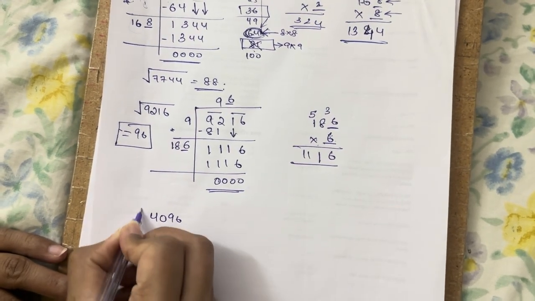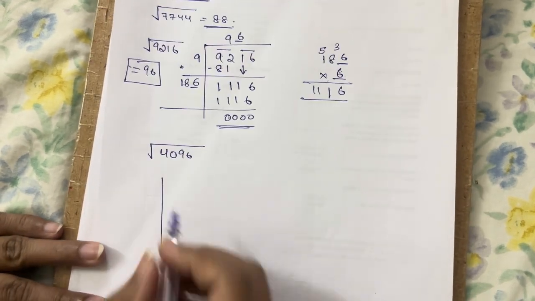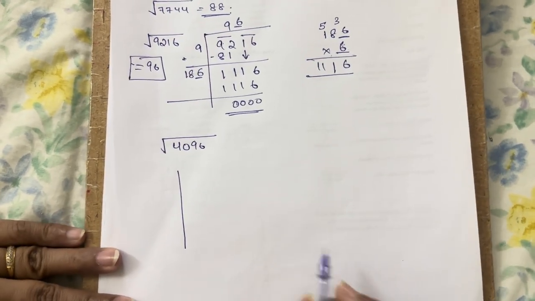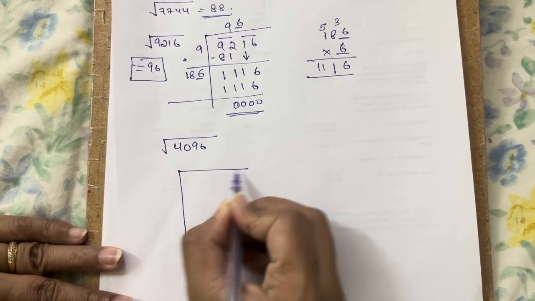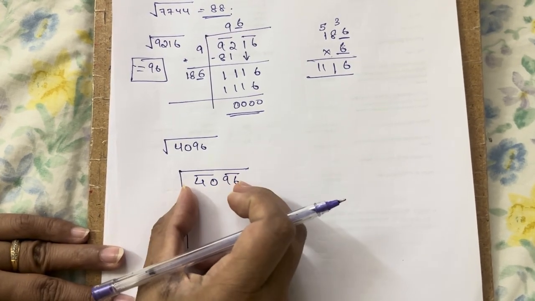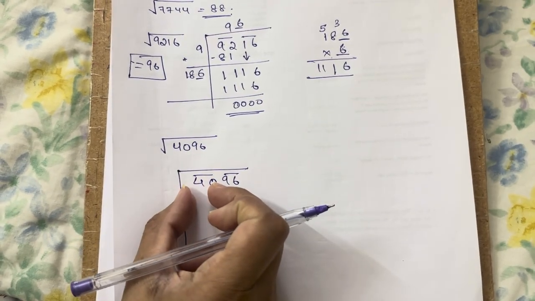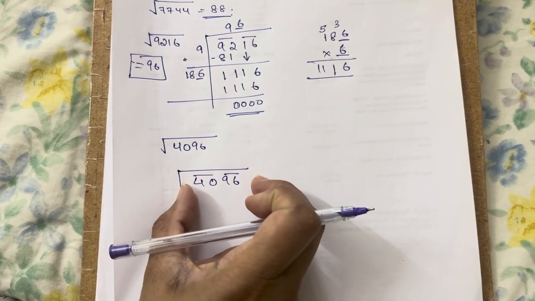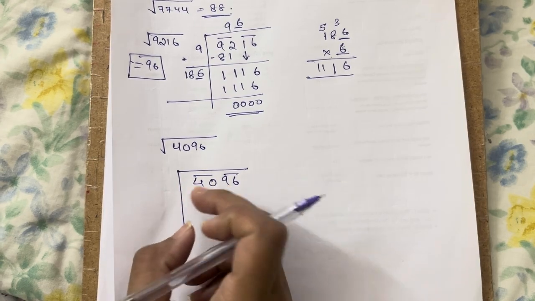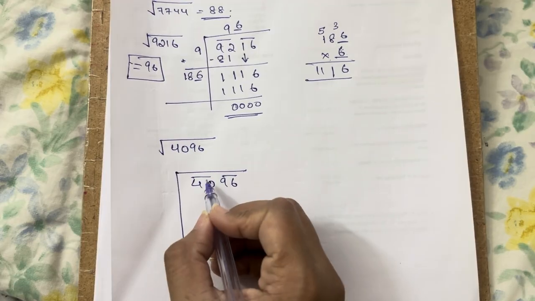4096 is the number we are supposed to find the root of. So what do we do? We take the number down in here. We write 4096. Look at the way I'm separating the numbers and writing so that it becomes easy for me. I'm not writing claustrophobic like this. I'm expanding and writing it here. Okay, so that becomes 4096 is what I have here, and then I have to choose the number